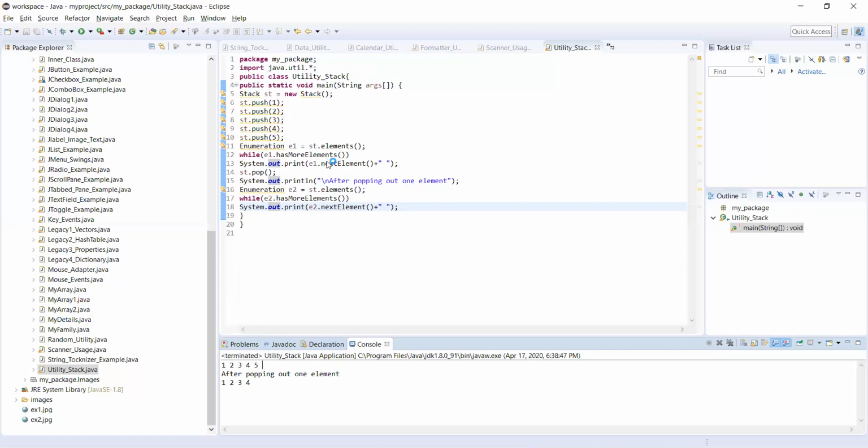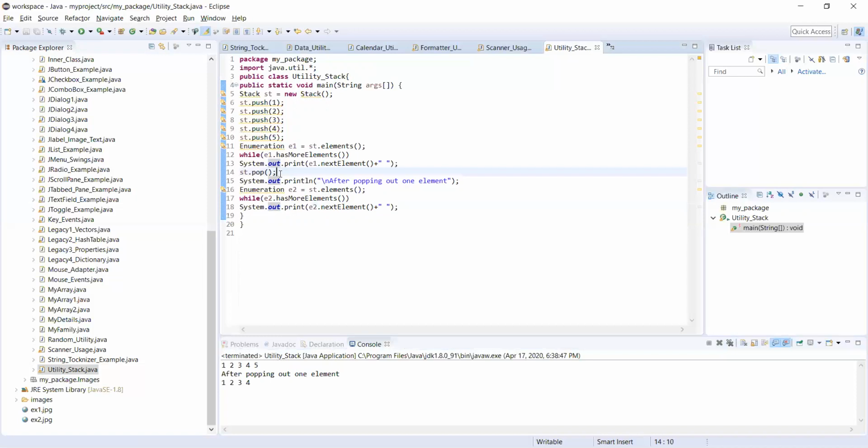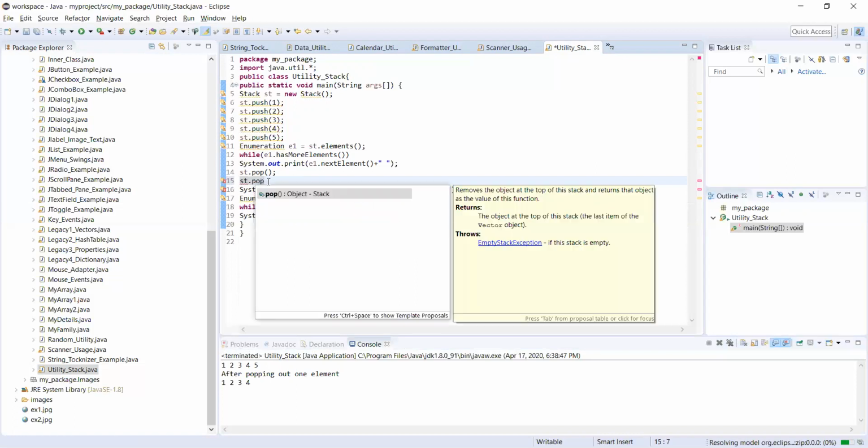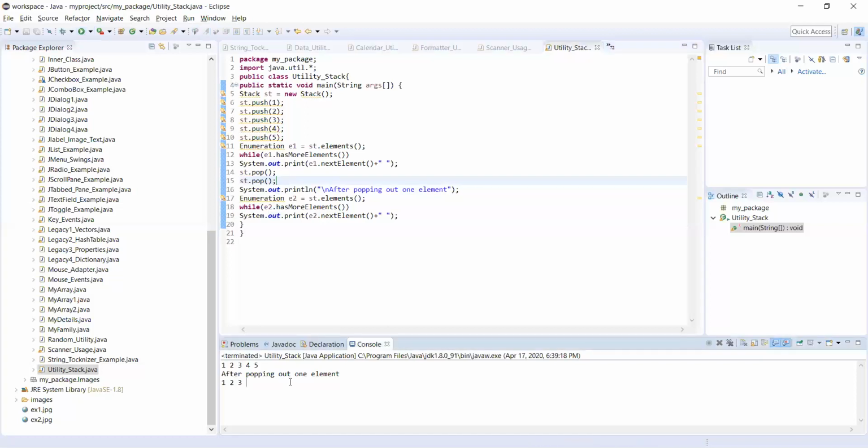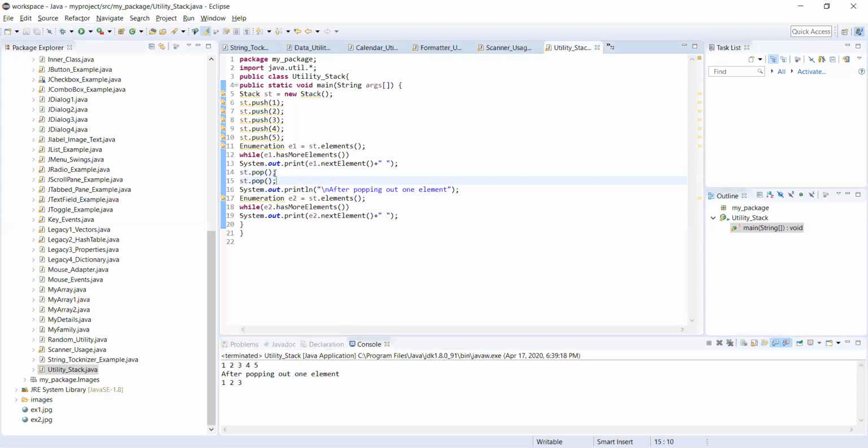If you are running one more time, if you are referencing st.pop again, then after creation of these things, if I want to remove multiple elements, that is possible after popping one more element. It all depends. If you require only one element deletion or multiple elements, then you can make use of pop multiple times.